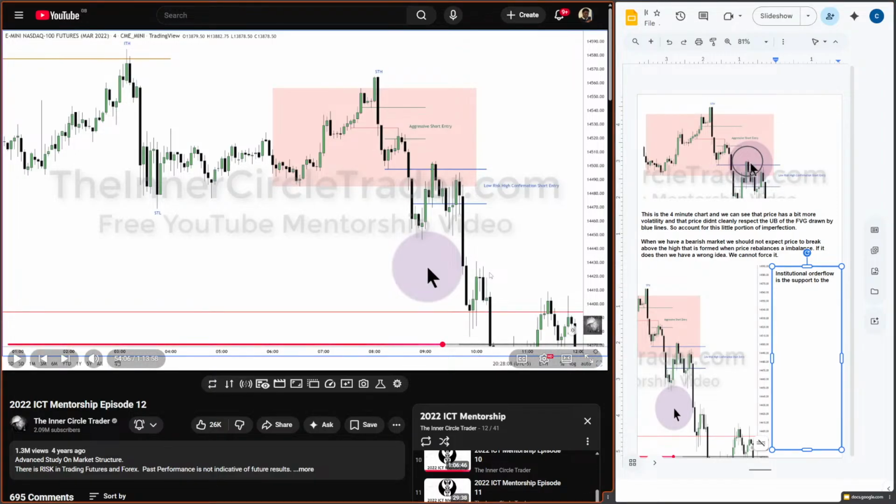The thing I'm not understanding is when he's saying institutional order flow is acting as support, but he's talking about downward candles. But shouldn't it be the upward candles, which is over here? Like this area here, which is the order block, so to speak, is actually used as support. Or I'm assuming this is an order block on the 5 minute. This one is, right? Order block within the order block is used as resistance rather, and you see price react to it. And this order block over here, you see price come up. Yes, you expect a little bit of volatility. It goes up a little bit more. You account for that. And guess what happens? It goes back down. So when he's saying up candles, what does he mean? I might need to slow it down, but I have like 6 minutes.